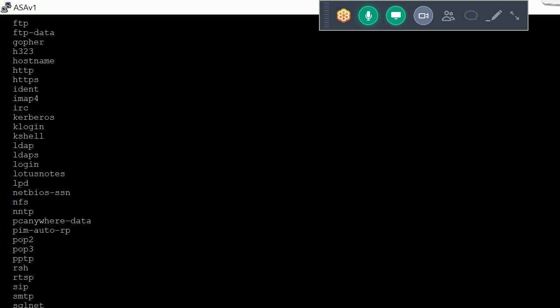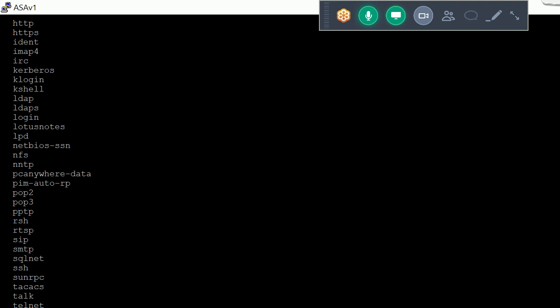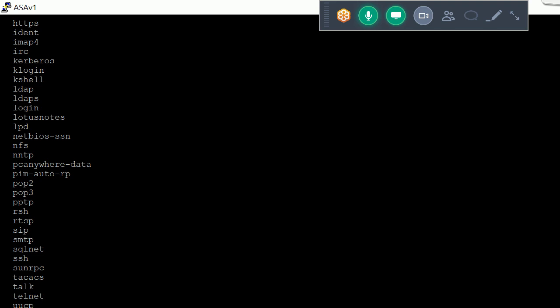Exit. Now let me create an object for 8080. This is my new object.